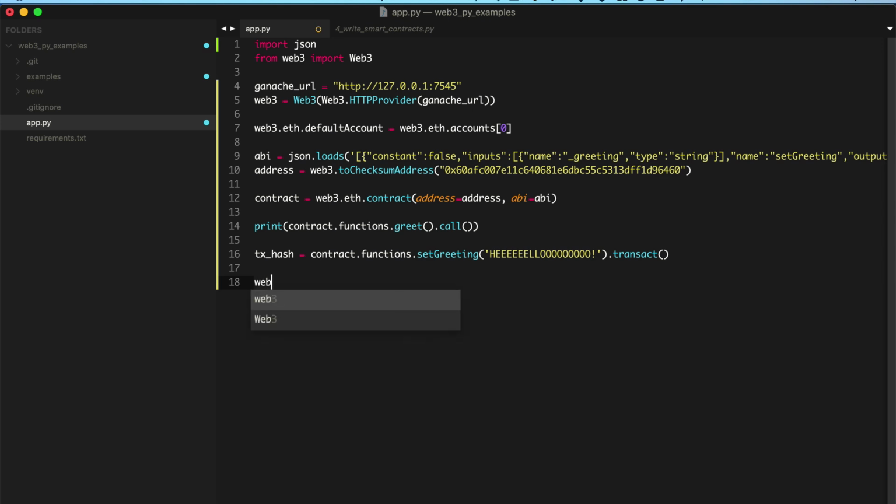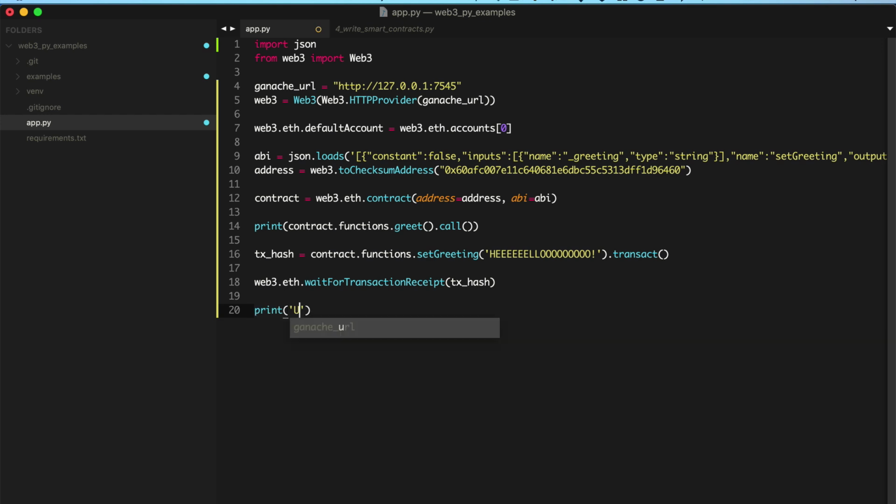So what we can do is say web3.eth.waitForTransactionReceipt, and we can pass in the actual hash. That will stop executing any code until we get there. So now we can print, once it's actually gotten the receipt, "Updated greeting",